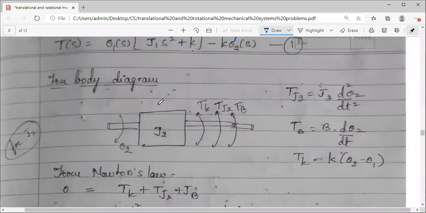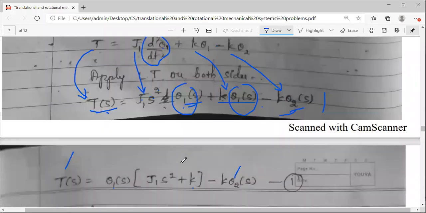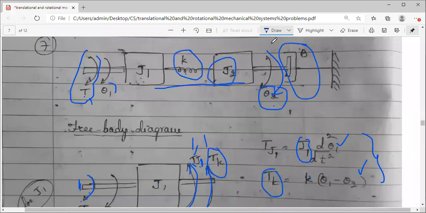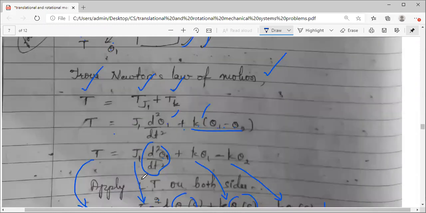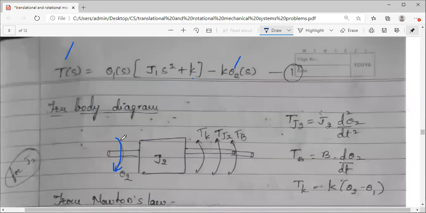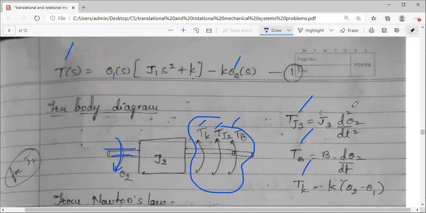Okay, for a free body diagram for J2, if I draw, this is your angular momentum, the displacement shown already in the figure, it is given here, that I have drawn. This I have drawn on the left hand side, just to differentiate, so there is no confusion, so draw this separately. Applied torques are 0, opposing torques there are 3 because of the 3 elements, and you can write the equations, torque equations.